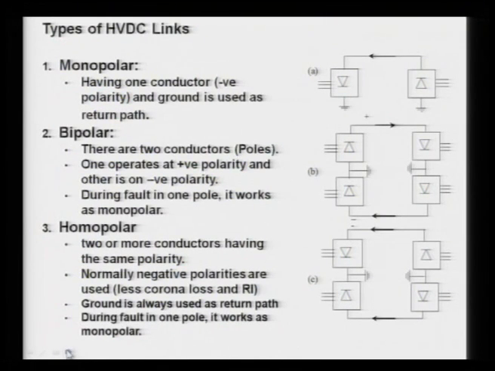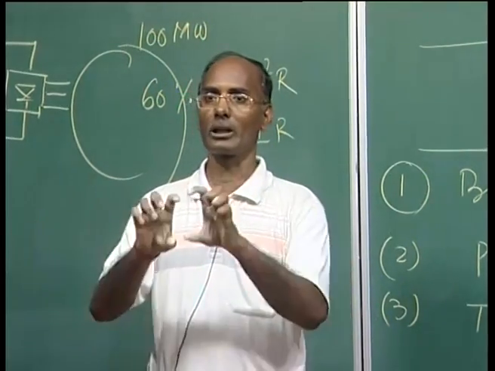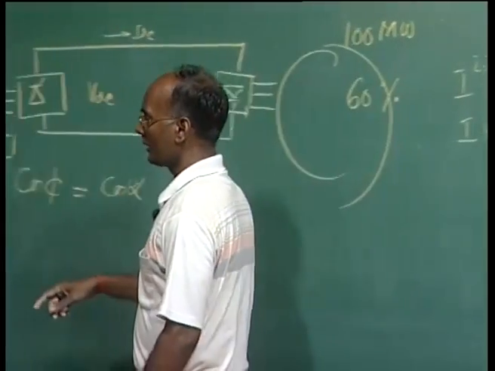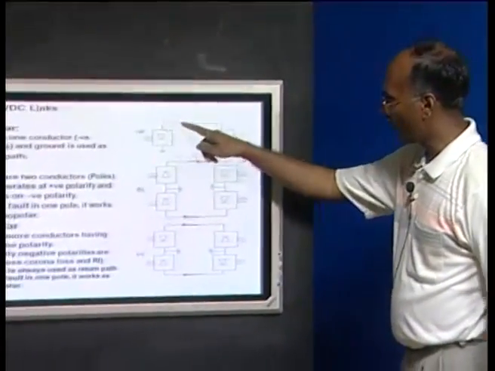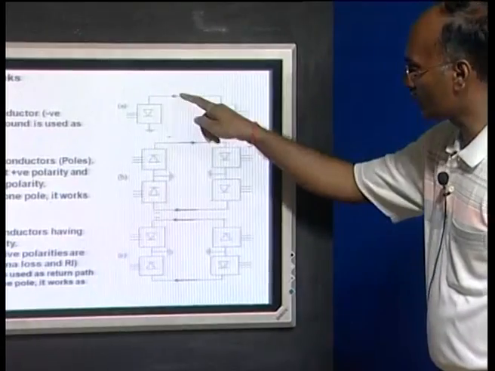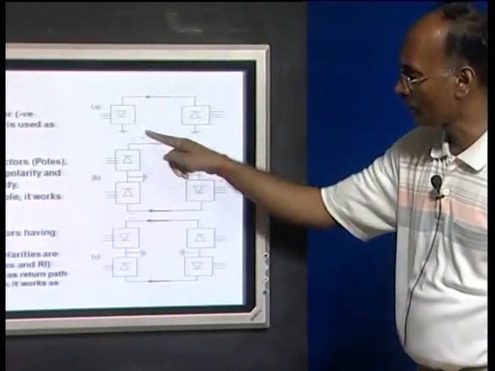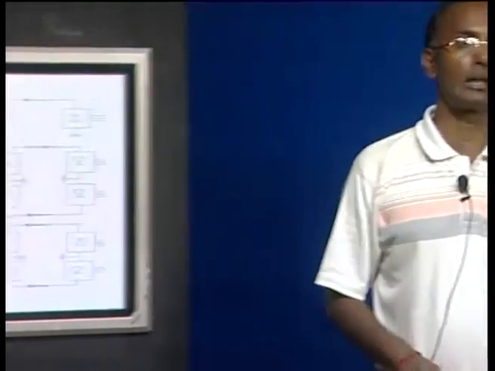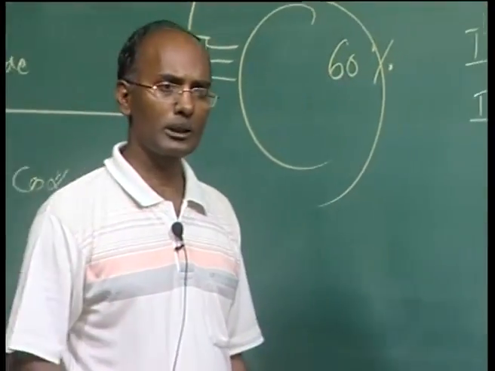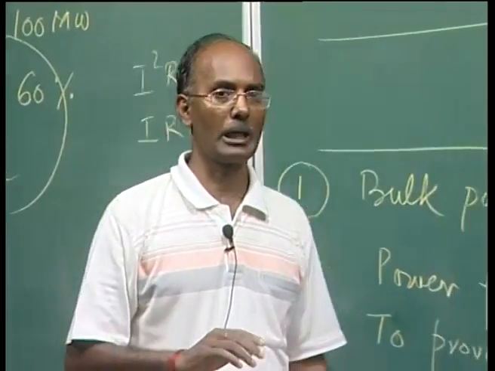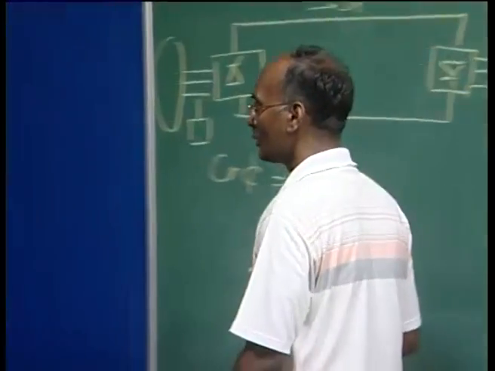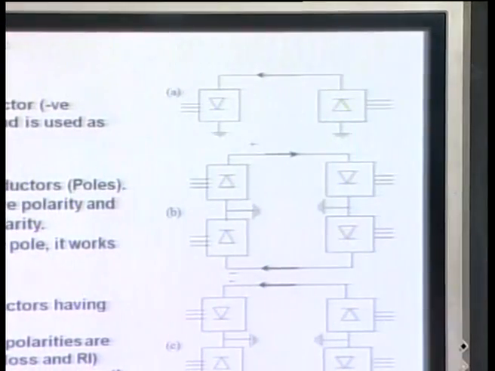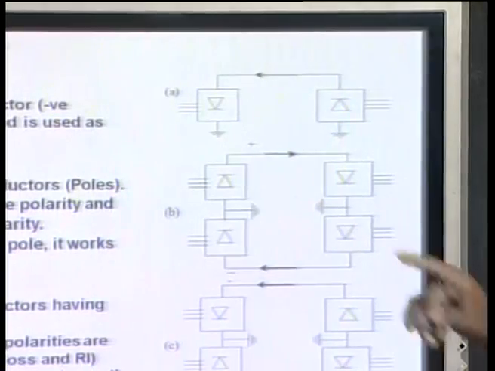In monopolar, as its name suggests, the pole is one, meaning one conductor, and the ground is used as the return. You can see here we have only one conductor, and the current is flowing through the ground. Normally this polarity is negative rather than positive. It is possible to have positive, it is possible to have negative, but negative is preferred because negative polarity has less corona loss compared to positive polarity,